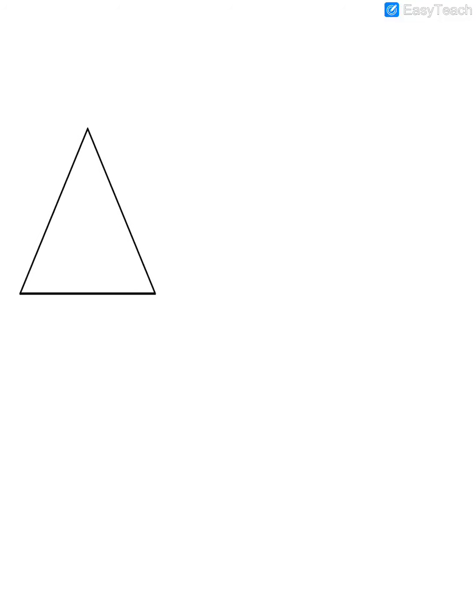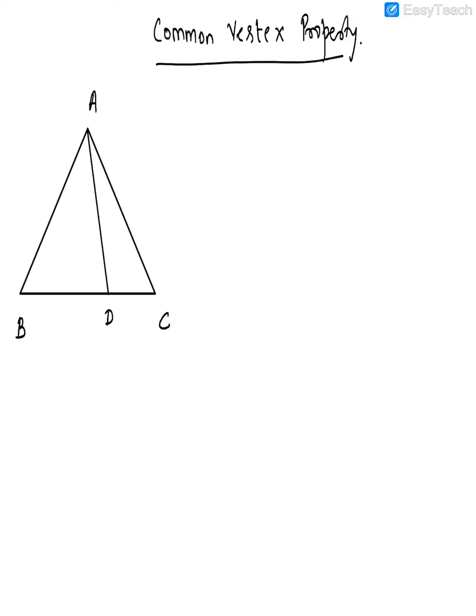So there is a triangle, say ABC, and let's say there is one more triangle here. As you can see, this is a triangle ADC. Now this theorem, we call it the common vertex property for our convenience, but in the ICSE board they don't call it that. They used to call it that earlier, but lately in all the textbooks they don't. But earlier, or in other boards like CBSE, they call it CVP, common vertex property.